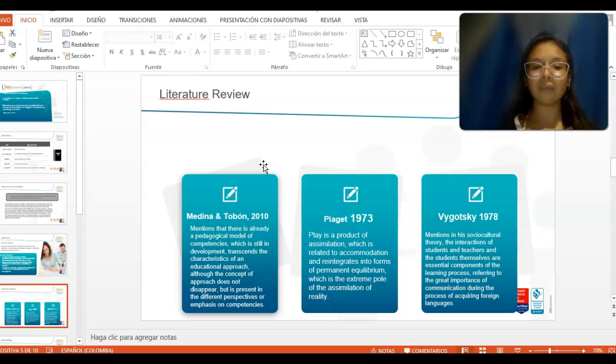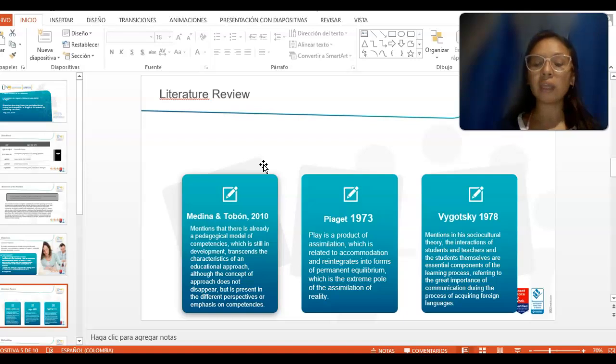The concept of approach does not disappear, but is present in the different perspectives or emphases on competence.